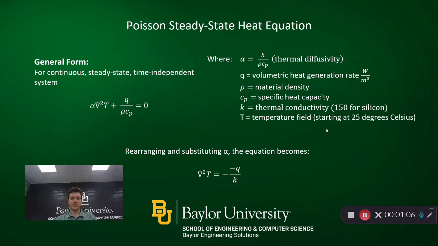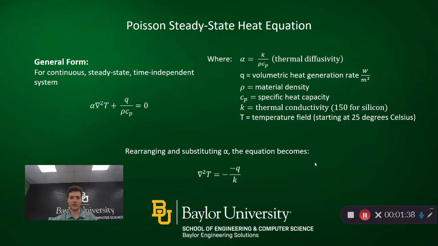So just a little bit of the math background. I used the Poisson steady-state heat equation. As you can see right here, this zero is because of the steady state, and this is the temperature here, and you've got Q, which is the volumetric heat generation rate, and then just some other parameters here. Rearranging this and substituting for alpha, you can get this equation, which can be used for discretizing and implementing